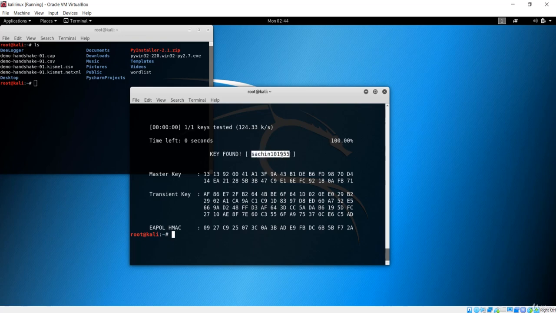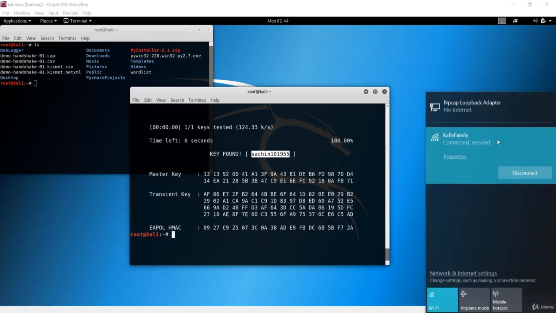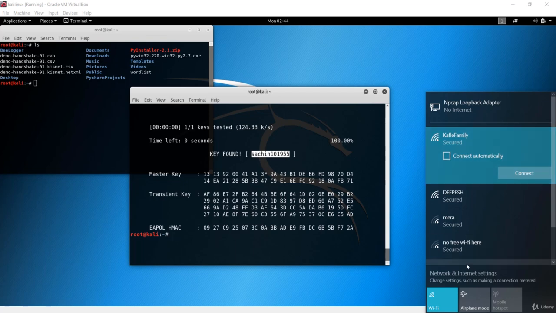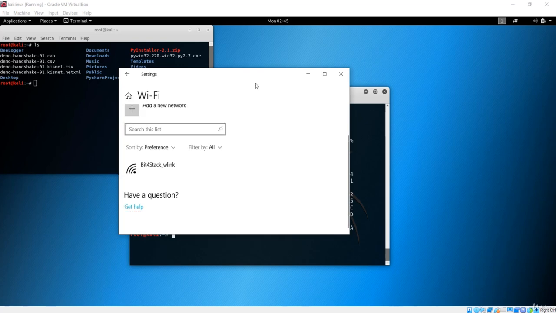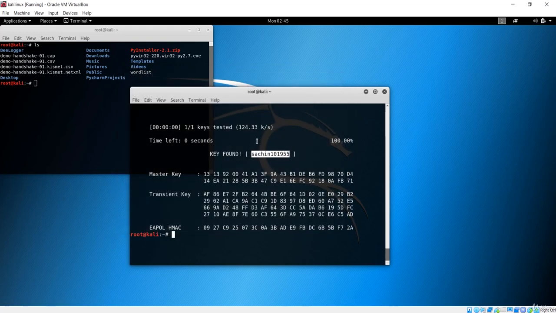This is my actual password. Let me copy this, go over here, and first disconnect. We have to forget this network first of all. I have here a forget option, so I'll say I want to forget this, and let's go back and make sure we have copied this, or you can simply write it over here.